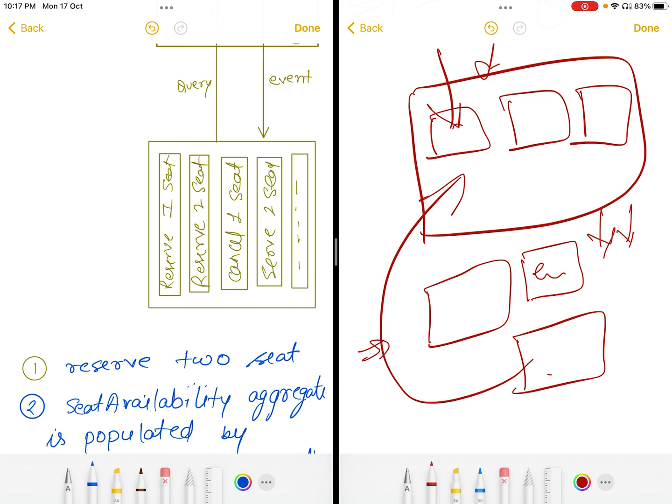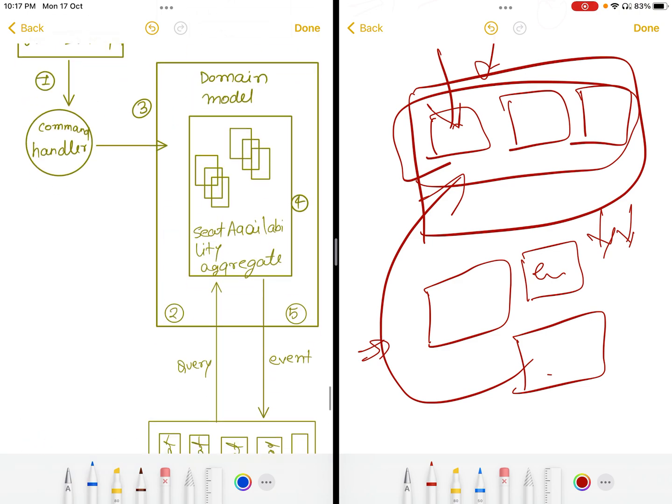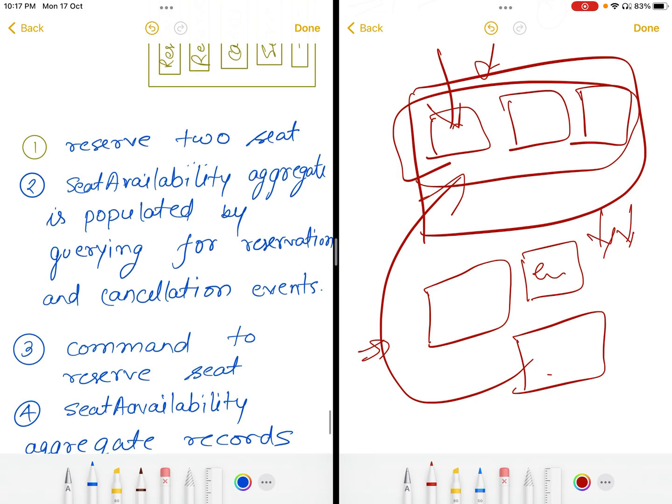So as soon as you decrement, you will directly store it here and show it. Here, one event is like reserve one seat, reserve two seats, cancel one seat, reserve two seats. All these events will get fired and booking will continue on that basis. So yeah, this is for